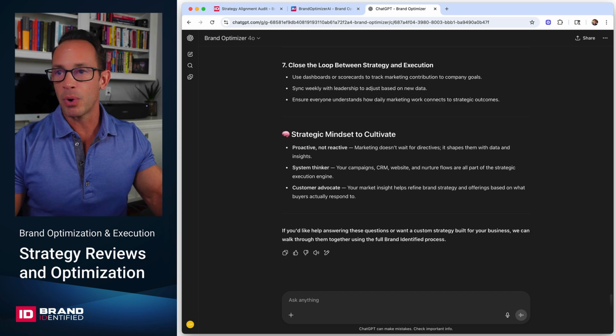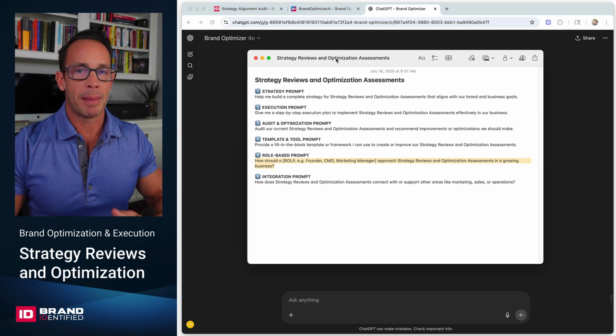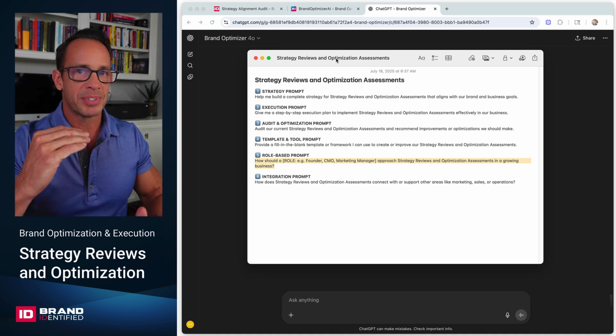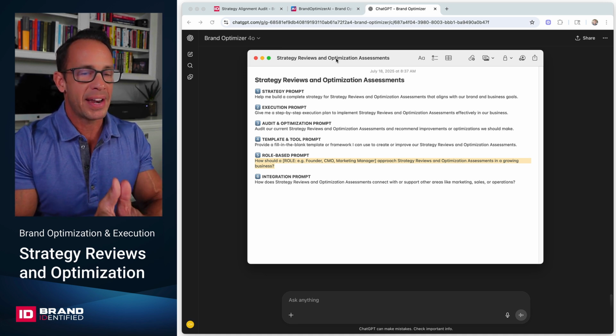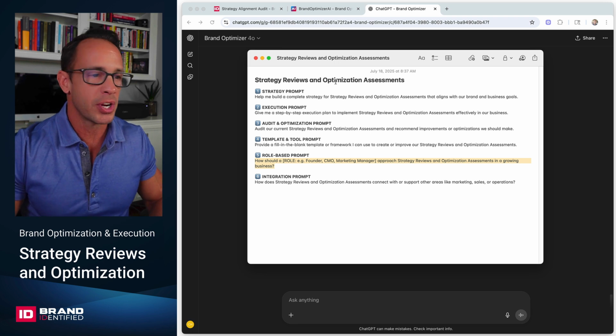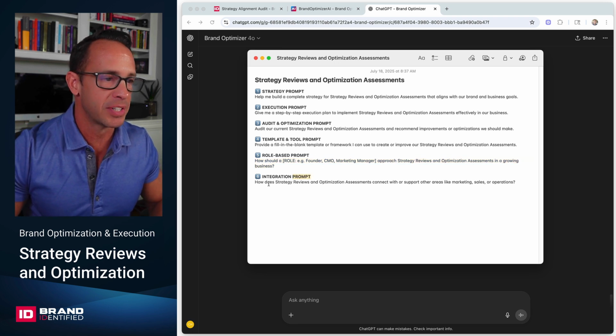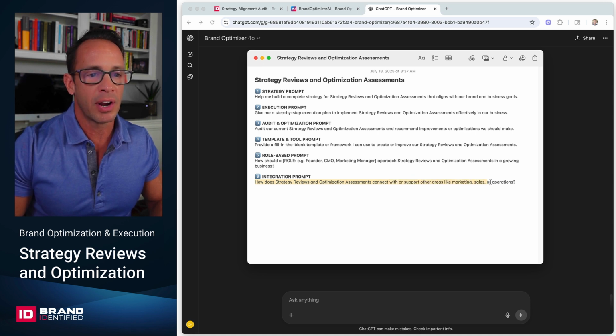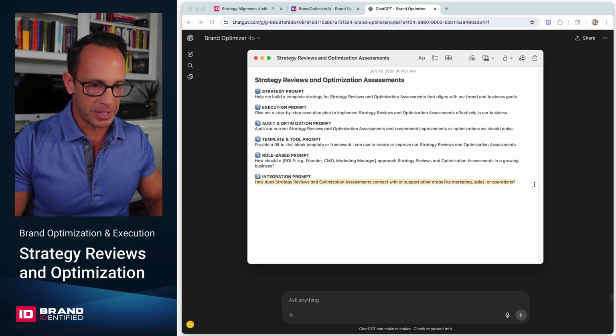And now we're ready for the 6th and the final prompt. So now that you've prompted everything in this 6-step strategic prompt sequence, we are ready to go ahead and implement the integration prompts. And now you have all the information. Now we're going to show you how you go about integrating this into your business. And this is how does strategy reviews and optimization assessments connect with or support other areas like marketing, sales, and